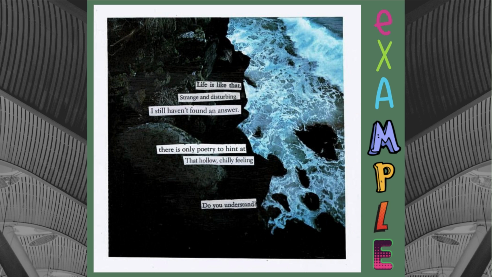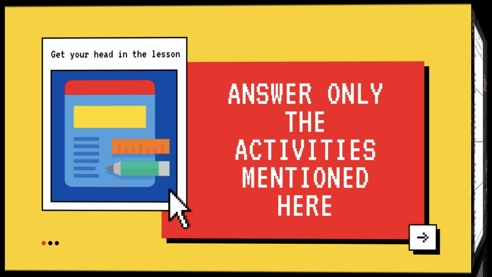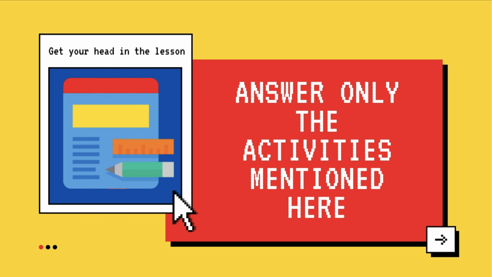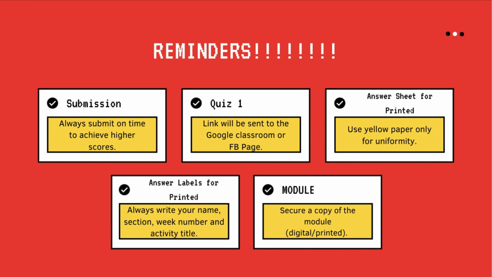This is an example of how your performance task may appear. Be creative and think of out-of-the-box ideas to pull off a very good digital picture story. And here's how you will be graded according to these rubrics. Now, get your head in the lesson and remember to answer only the activities mentioned here. And for our reminders,